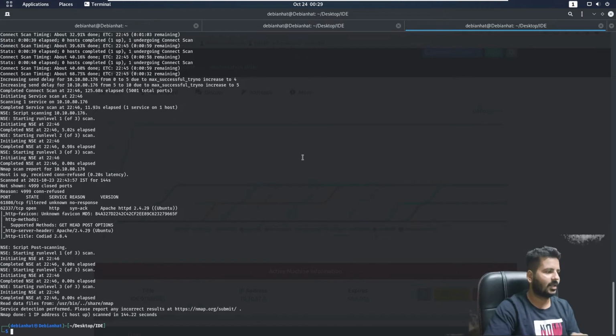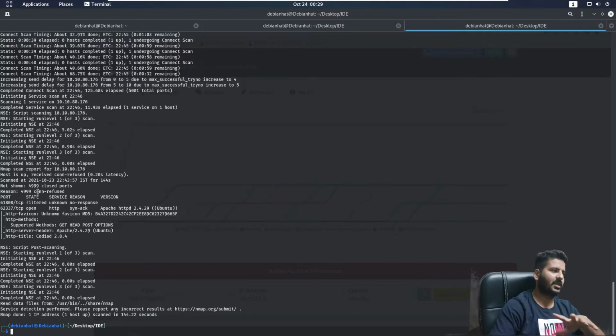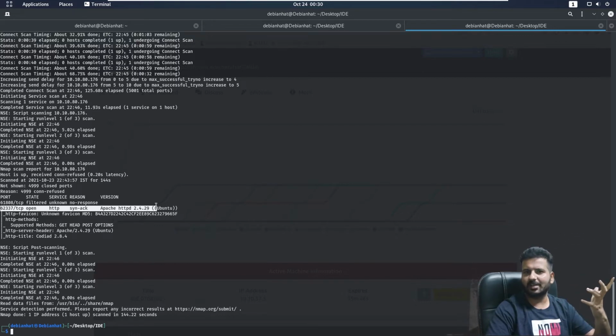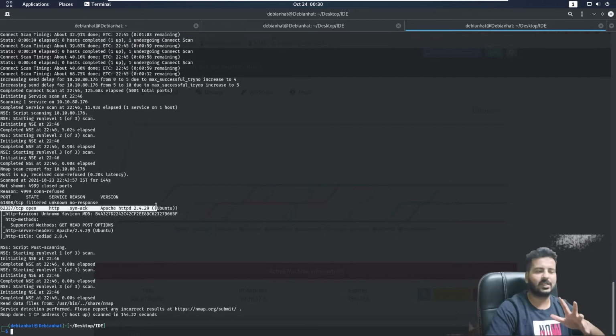After all those ports like port 80, port 21, port 22, with the full nmap scan, we have got port 62337, which is open and is an HTTP port hosting an Apache HTTPD 2.4.29 server. So there could be a web hosting over there, some kind of website or a web application that has been hosted.